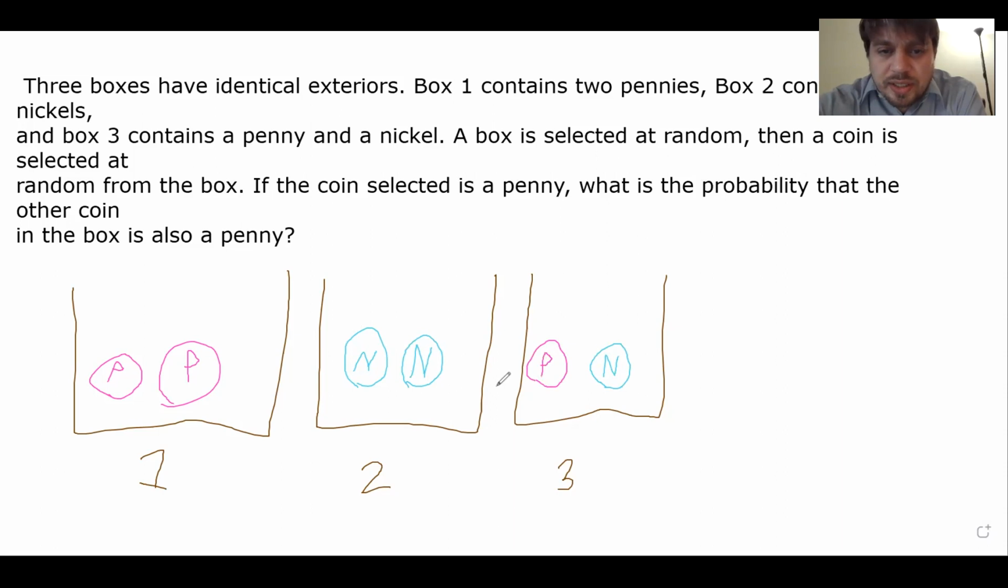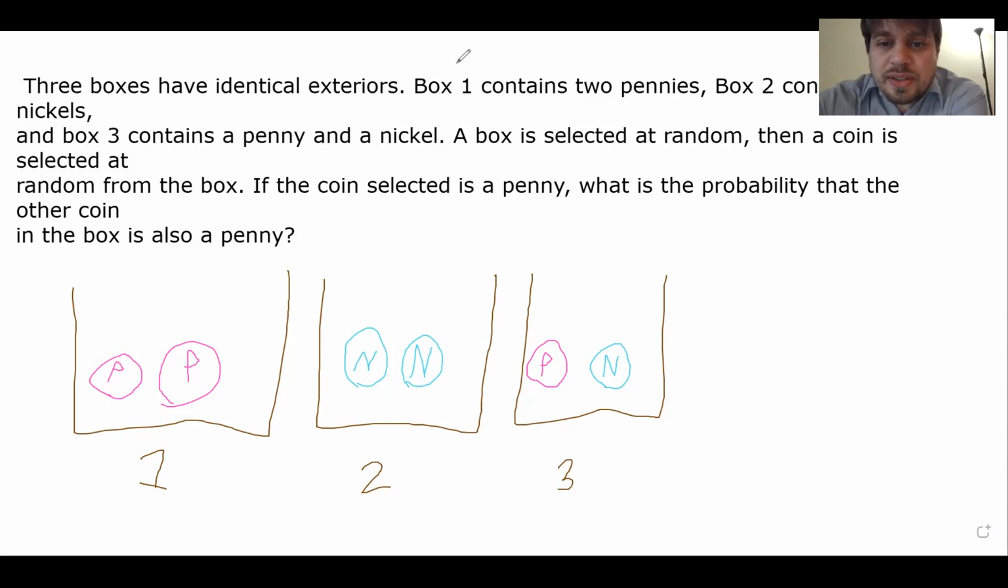Okay, so let's check to make sure we got it right. 3 boxes have identical exteriors with brown lines on the outside. Box 1 is 2 pennies. Box 2 is 2 nickels. Box 3 contains a penny and a nickel. A box is selected at random and a coin is selected at random from the box. If the coin selected is a penny, what is the probability that the other coin in the box is also a penny? Okay, so